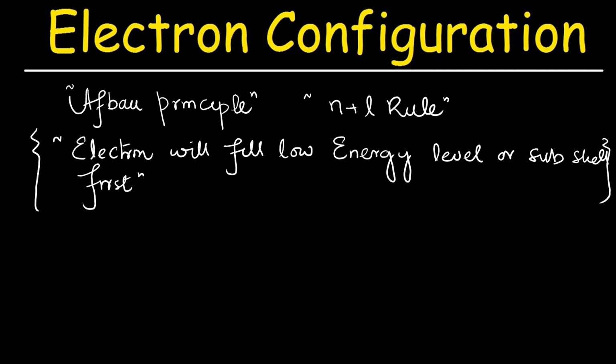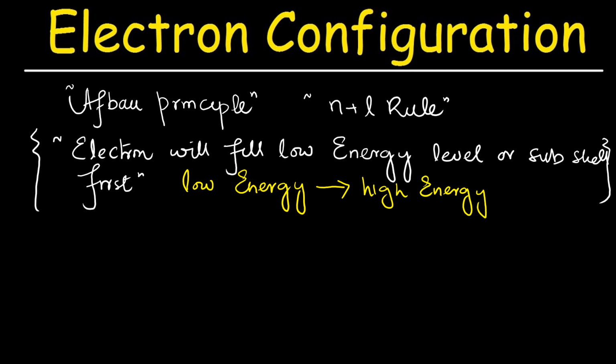From low energy level, this means that from low energy, electron will go toward the high energy level. So electron will initially fill the low energy level, and then it will start to increase the filling ability, and it will go from low toward the high energy levels. So now